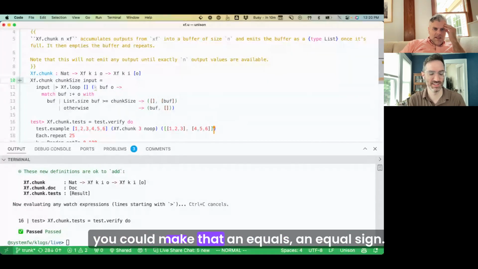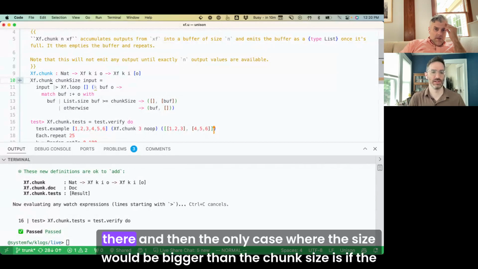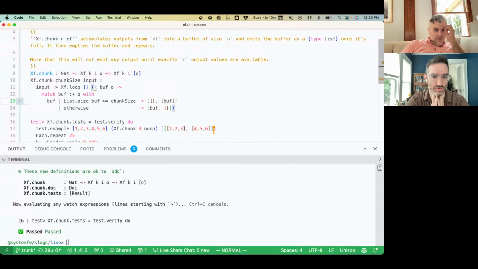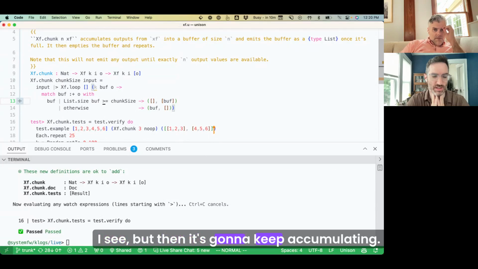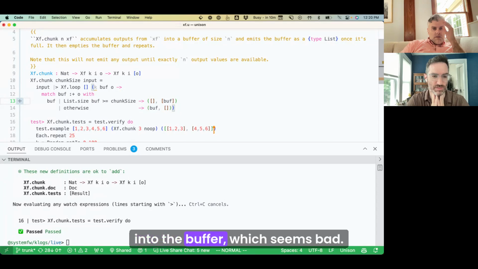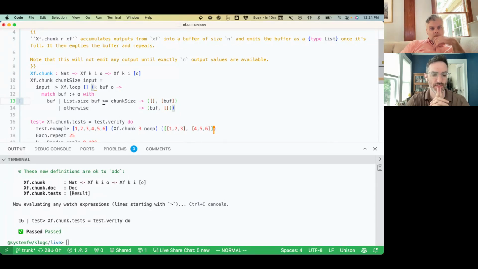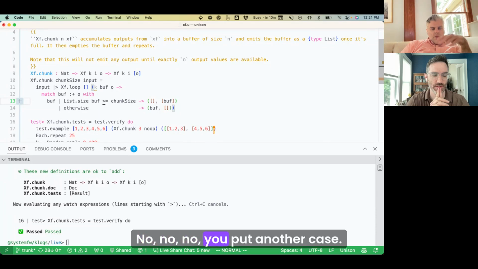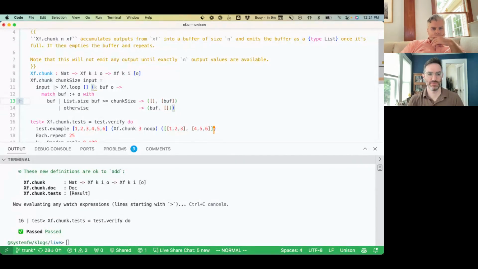I mean, you could make that an equal sign there, and then the only case where the size would be bigger than the chunk size is if the chunk size were 0. I see, but then it's going to keep accumulating into the buffer, which seems bad. Oh, that does seem bad. No. You put another case.